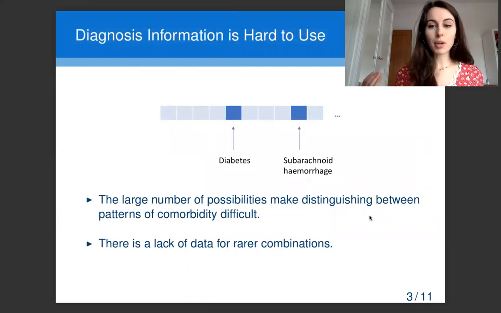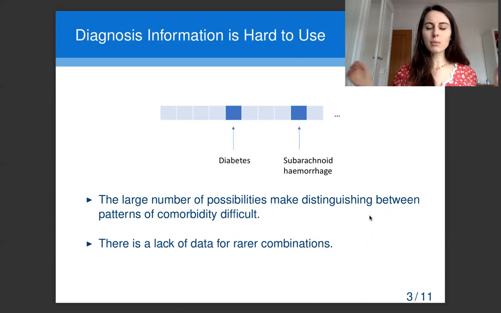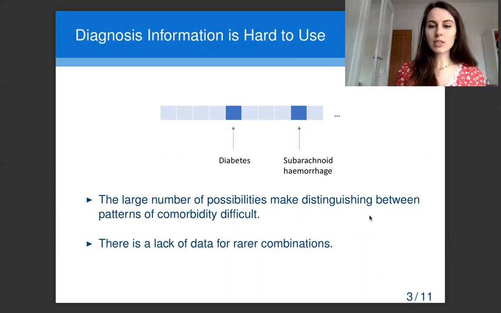Typically, there are a huge number of possible diagnoses a patient could have, and each patient will only have a small number of these, meaning that the data is very sparse. This can be imagined as a very long vector for each patient, where only a handful of positions are equal to 1, and all the others are equal to 0. This means that many patients have a unique pattern, and it can be difficult for the model to work out which signatures are important and how to relate this back to the outcomes. Many diagnoses only have a few instances, which means that the model is going to struggle to learn anything useful